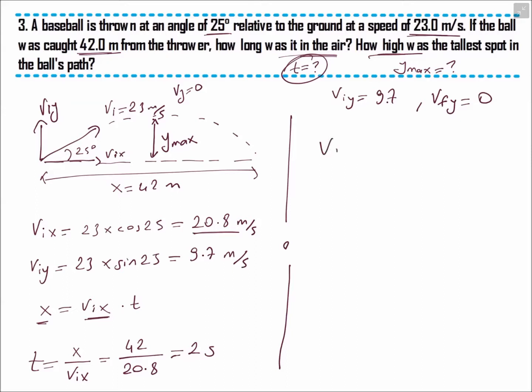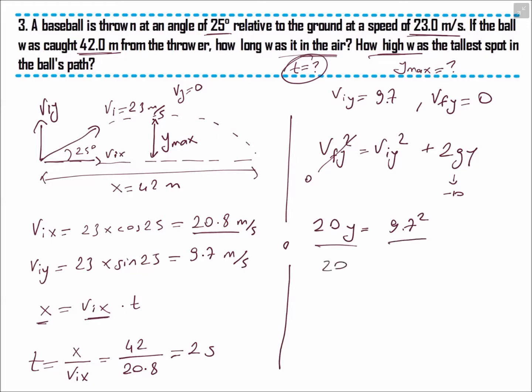And I will use this formula: v final y squared equals v initial y squared plus 2gy. The final is 0. G is negative 10. If we send it to the other side of the equation, it will be 20y equals v initial y, 9.7, squared. And if we divide both sides by 20, y will be